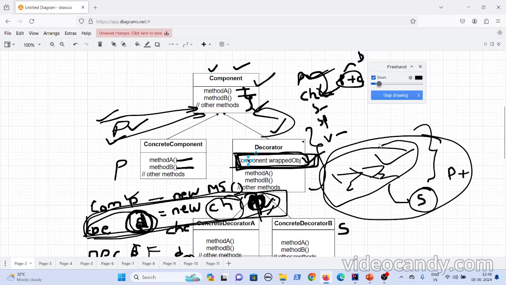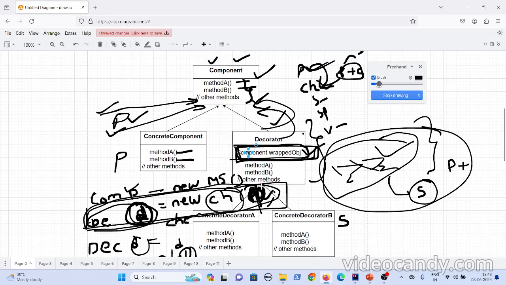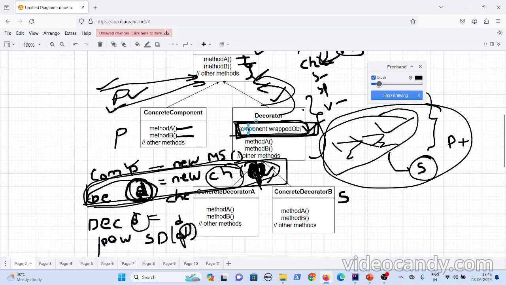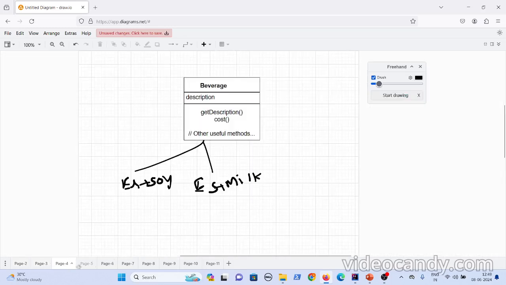So here you understood it, right? Decorator has a component and decorator is a component. Since you have already used composition here, during the constructor you are passing a component. That's where this composition rule is satisfied. But when you are going with the double decorator option, to use the composition, this decorator first should be a component, then only it is allowed. So that's why you are using the easier rule here. Now let me explain with one more example.